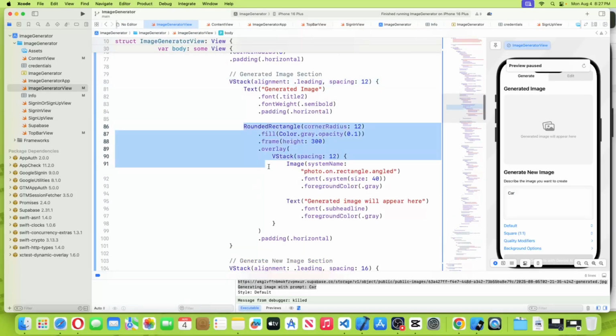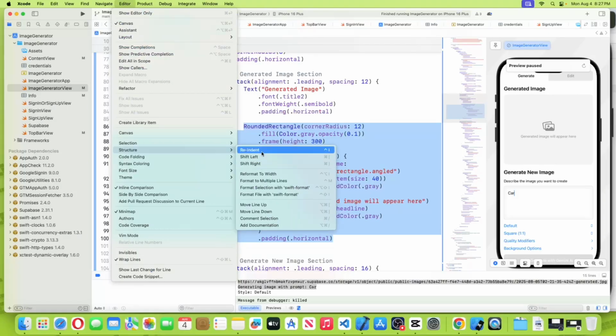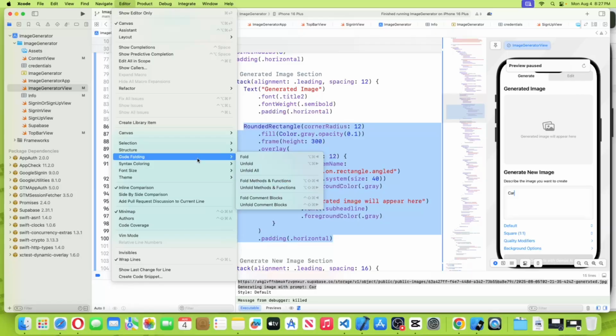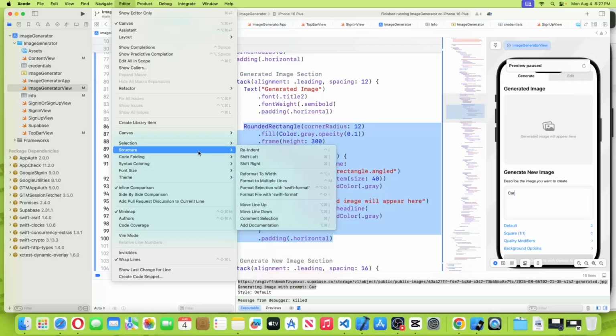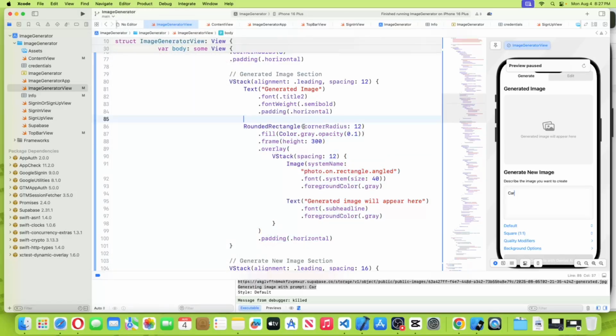I want fold editor structure, selection structure. Interesting. But anyway, so over here